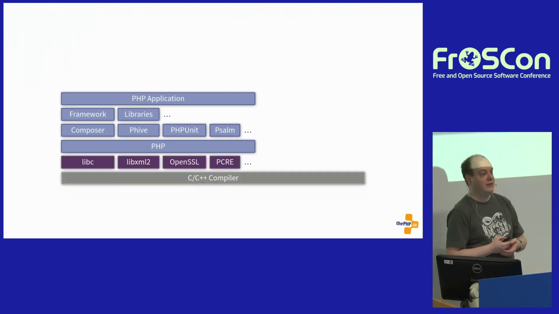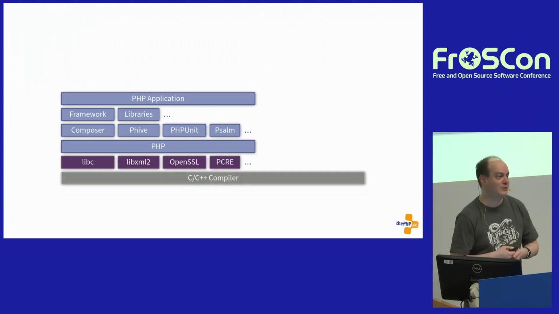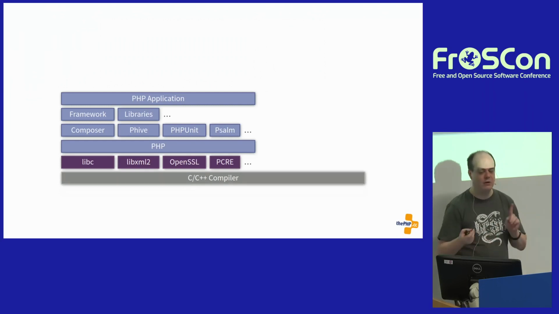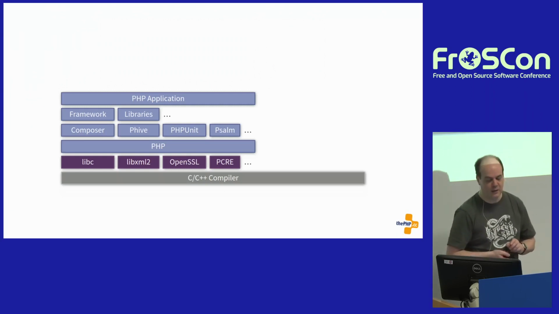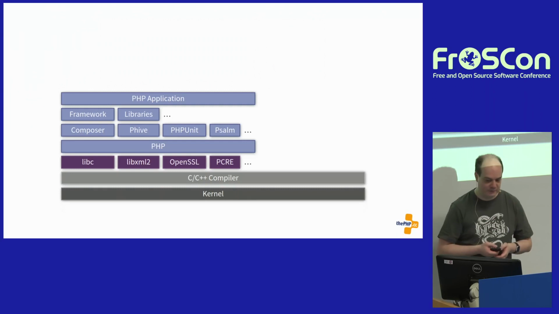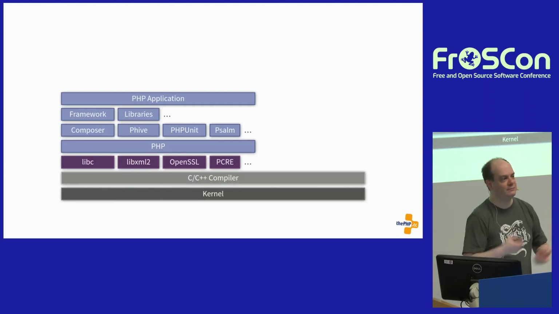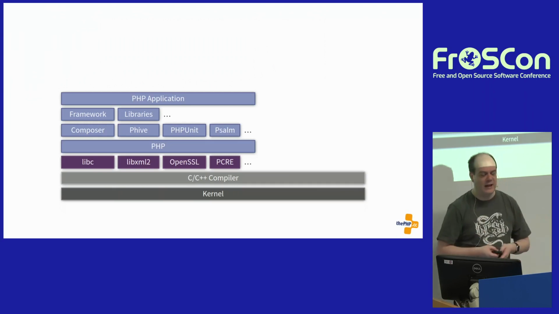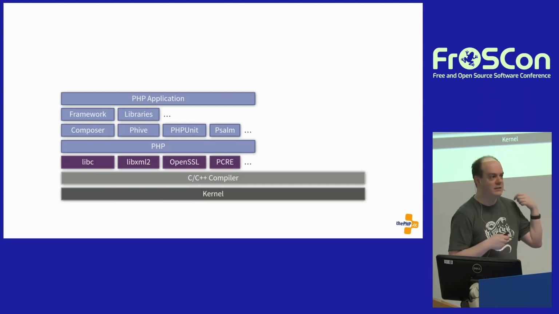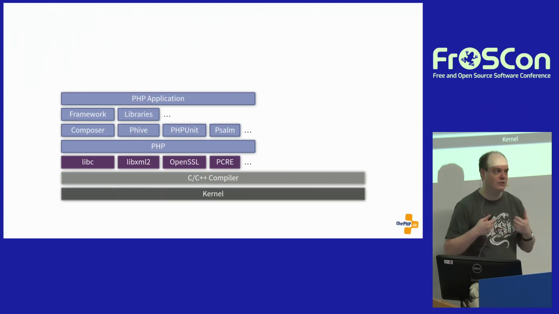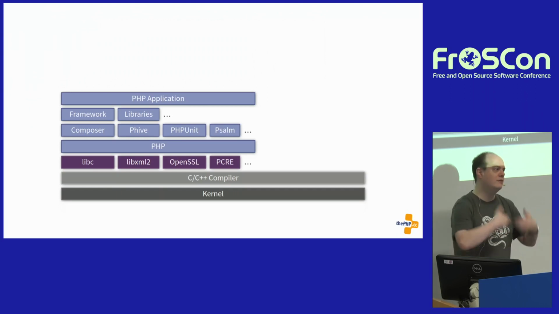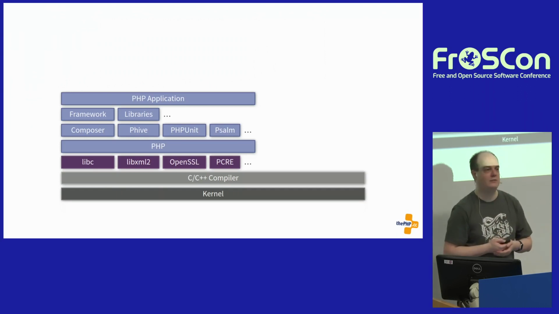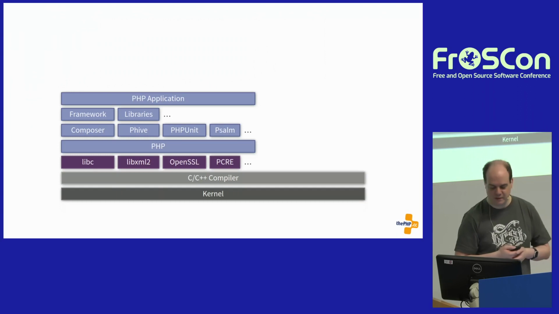And unfortunately, it does not stop there, because you cannot compile PHP and you cannot compile OpenSSL or any other of these dependencies without a C compiler or a C++ compiler. And even if you have that, you need a kernel. You need an operating system where you can run that. And this is a really drastic simplification, because an operating system is much more than just the kernel. Yeah, you need a distribution of Linux or whatever your favorite flavor of operating system is.